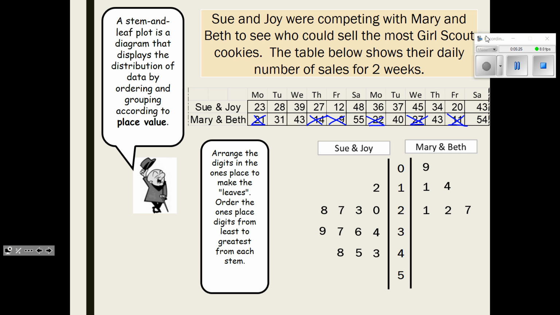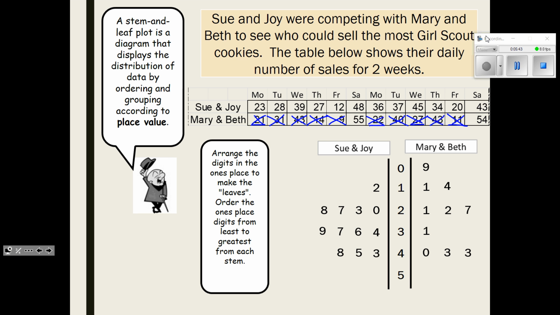In the 30s, we only have 1. It's 31 right here, so we mark it out. Put a 1 for 31. For the 40s, we have 40, 43, and 43 again. So we're going to put a 0 for 40, and then a 3 for 43, and then a 3 again